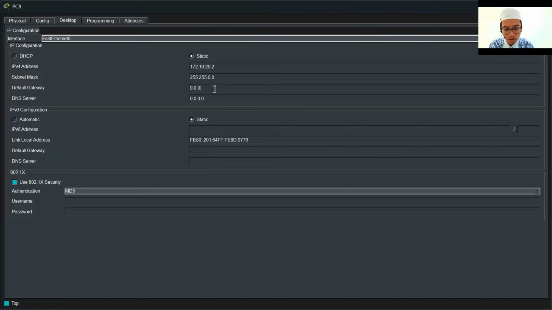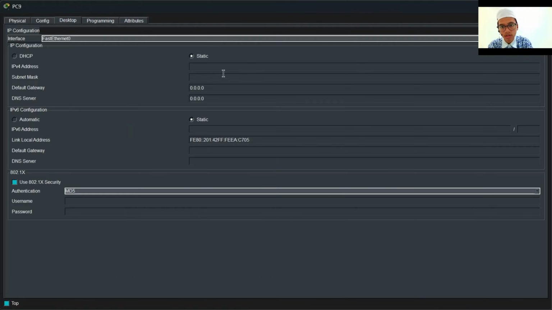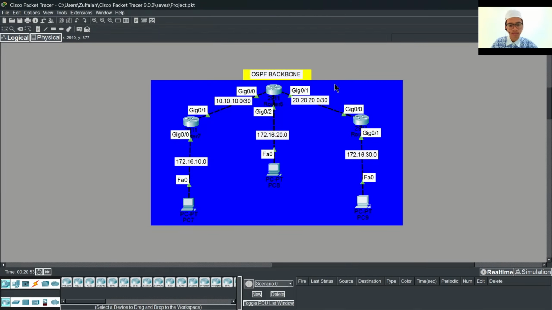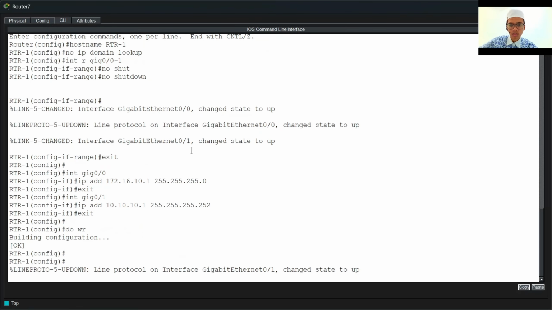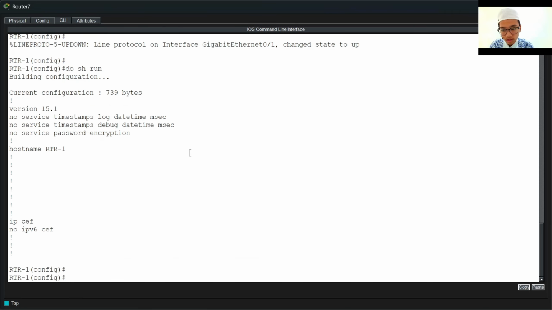Then the default gateway is 172.16.20.1. Then in PC3, static like this, 172.16.30.2, with default gateway 172.16.30.1. So that's how we can check. Do show run first for more safety.